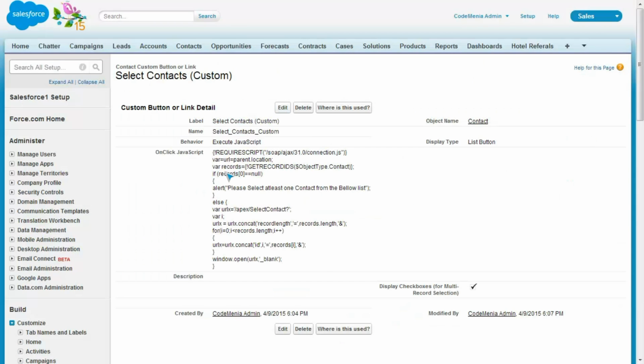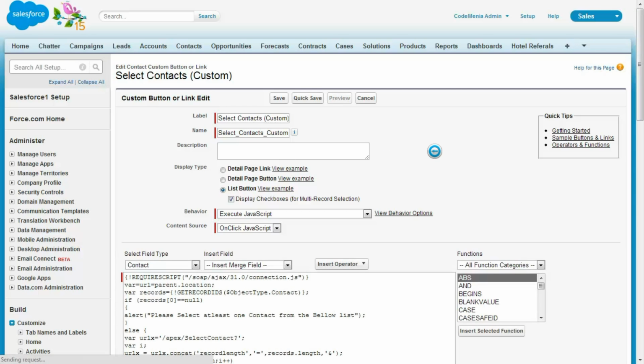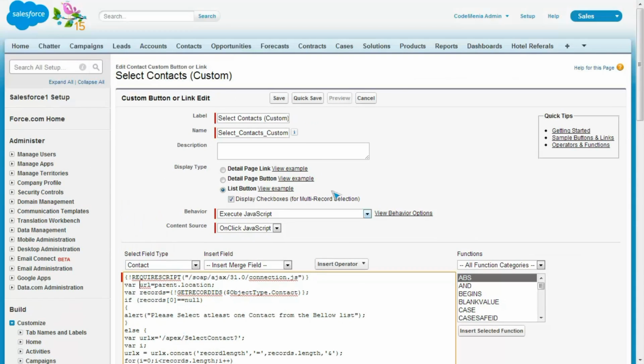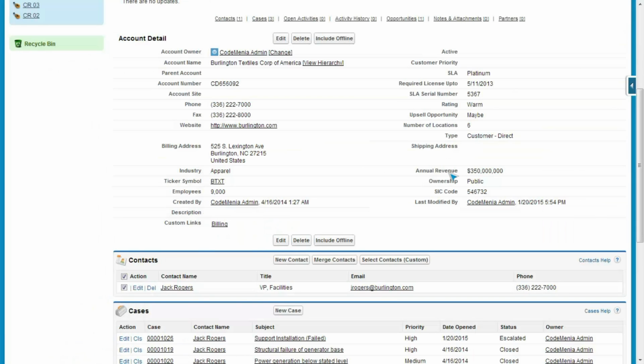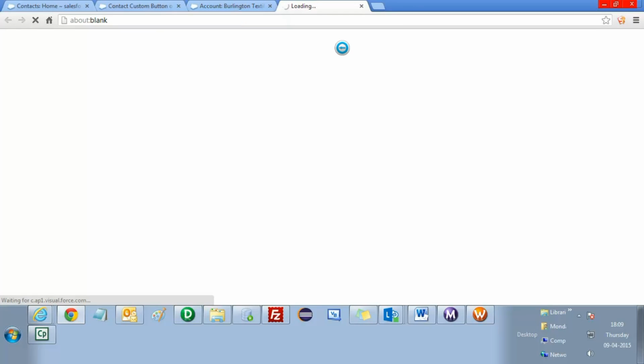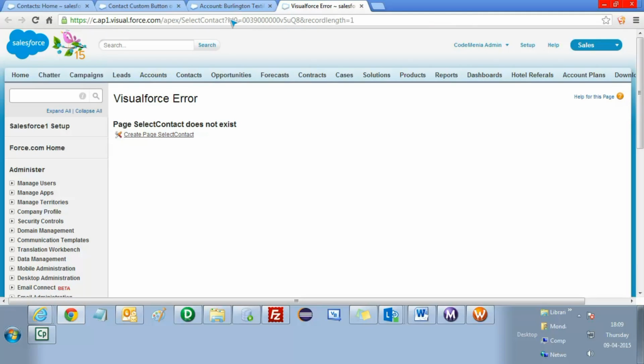What could be the error? Oh, there is a double equals sign, which is totally not required. And if I select this and click on this, as I can see, the URL contains the ID